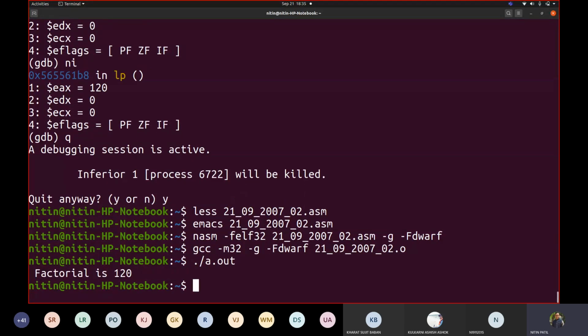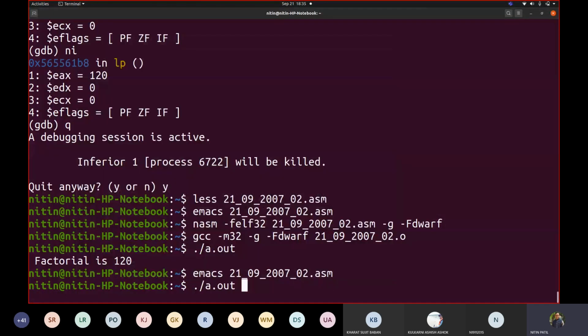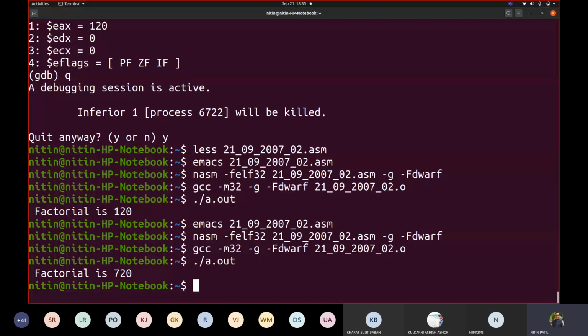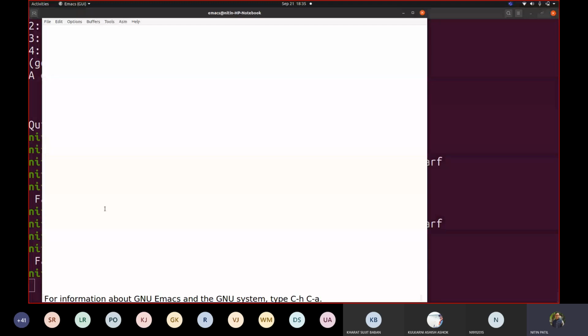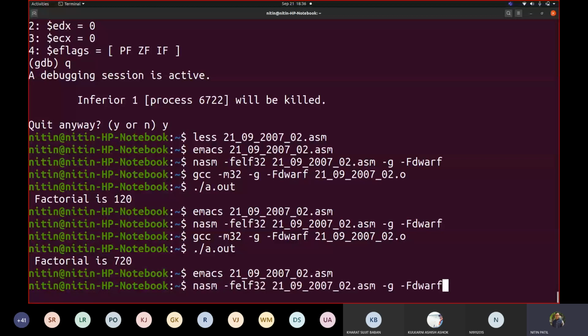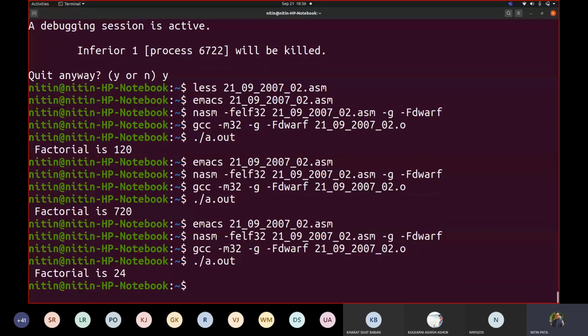Fine. So if I run this code now, assemble, link, now you directly execute this, you will see the result. So what if I want to take another value? So let us try changing it. So let us take 6. It would be 720. NASM, GCC, debug. Correct. If you change it to 5, it would be 120. So let us make the change. NASM, GCC, execute. Correct. 24 multiplied by 5, which becomes 120. Correct. Any question till this?